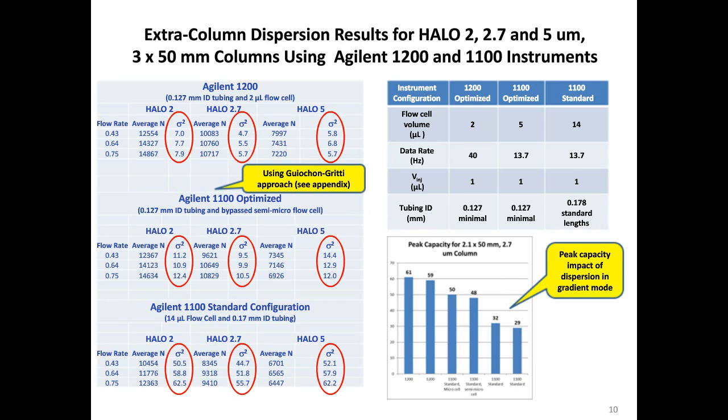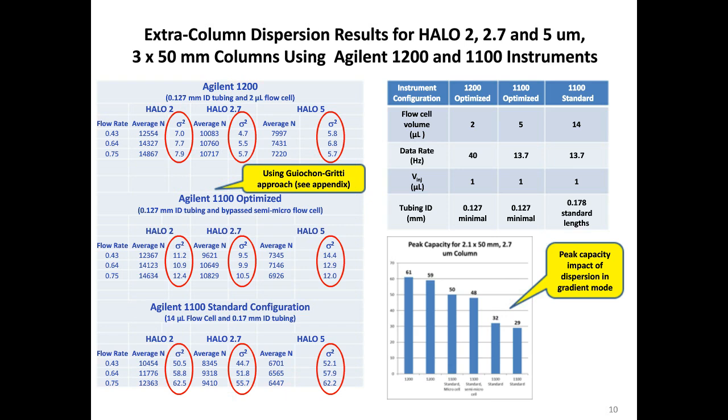We did some experiments prior to HPLC 2018 with some 3x50 columns in both 2.7 and 5 micron particle sizes with Halo columns, and we were able to measure the amount of dispersion as a function of some reasonable usable flow rates for 3 millimeter columns. You can see here that for the Agilent 1200, the dispersion does tend to go up slightly with flow rate over this limited range. In the bottom part of this slide on the left, a standard configuration with